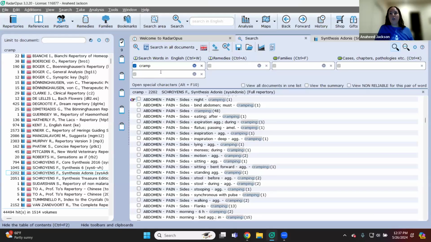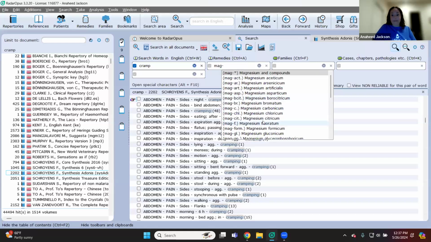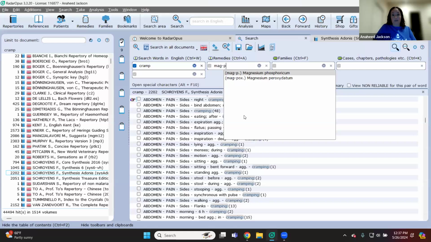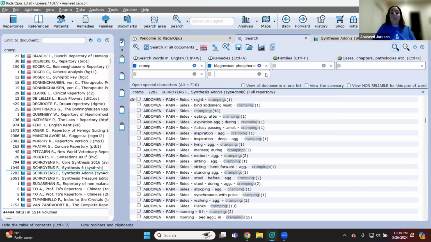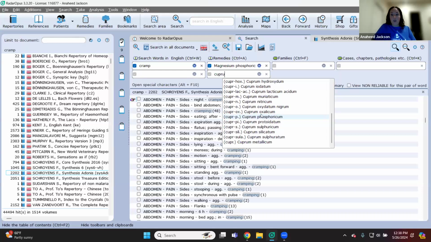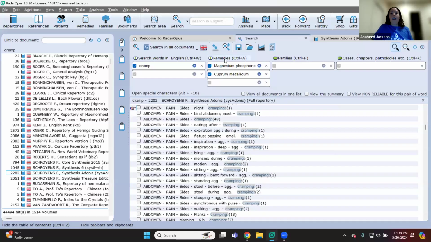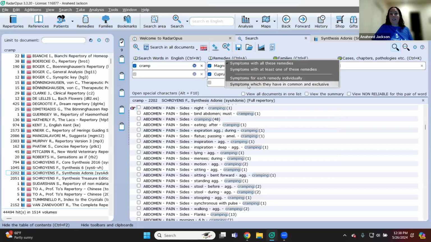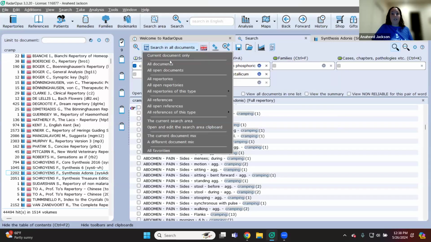So you can search words, you can search a specific remedy, you can compare and contrast remedies. So cramping, so Mag Phos has a lot of cramping, magnesium phosphorica. So does cuprum. And let's say you would like to look at how these are different. Cuprum metallicum. And how they're similar. So if I click on remedies, which they have in common and exclusive,